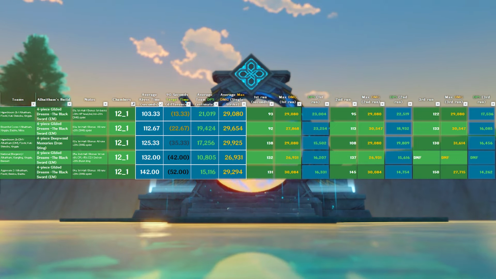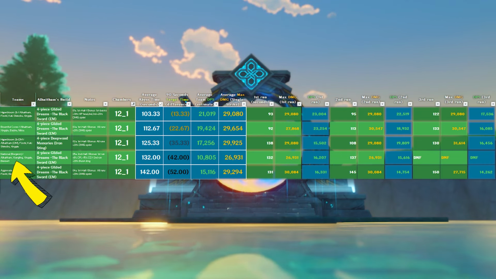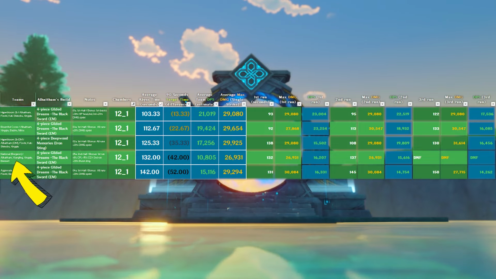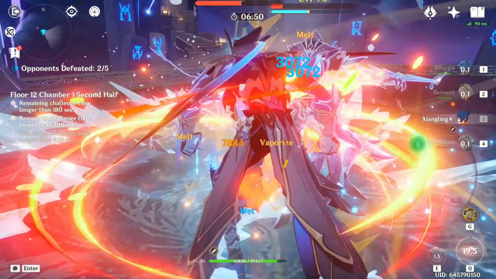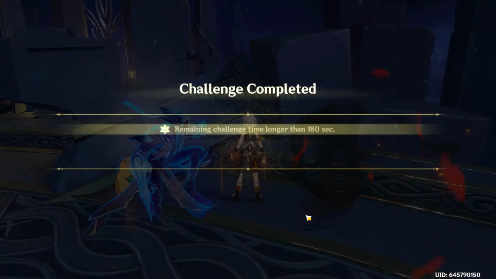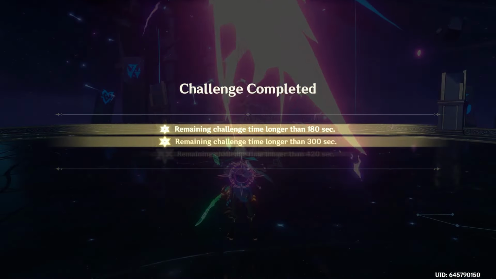All teams were tested in the first half of floor 12, except for this Burgeon team. I moved them to the second half where they were a bit more successful. My first run with this team in the second half was a breeze, no pun intended. I made it all the way through to the end of chamber 3 and I really didn't run into any